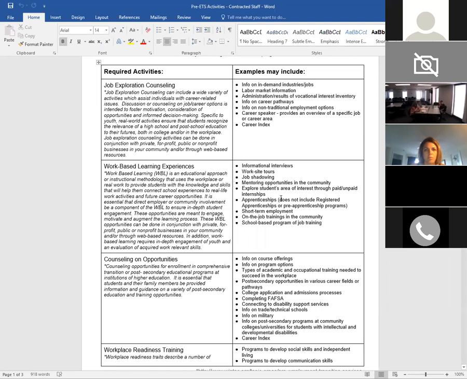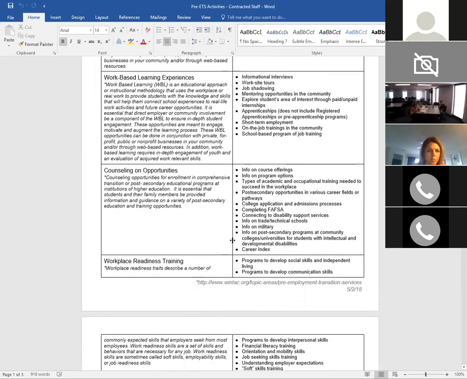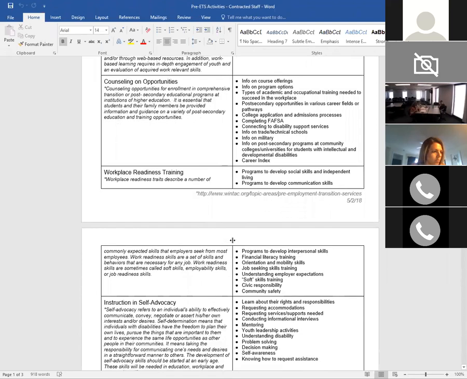You have work-based learning experiences, which can be informational interviews, worksite tours, apprenticeships, on-the-job trainings in the community, counseling on opportunities, which includes types of academic and occupational training needed to succeed in the workplace, completing the